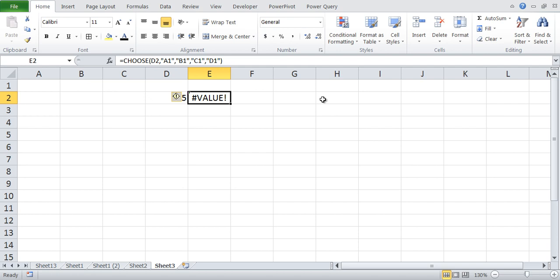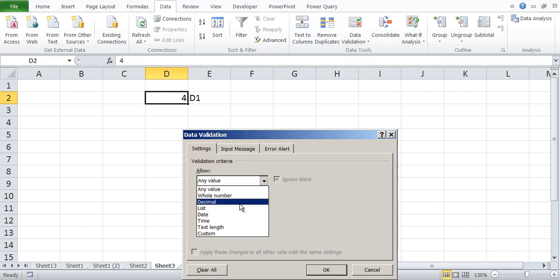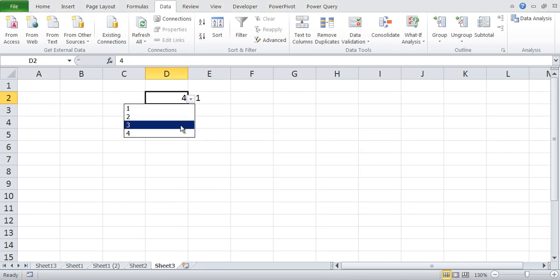Now where all can we use this CHOOSE function to select from a list? I can use it with data validation. Wherever you have a list, and based on the list you want to select the values, you should use the CHOOSE function.